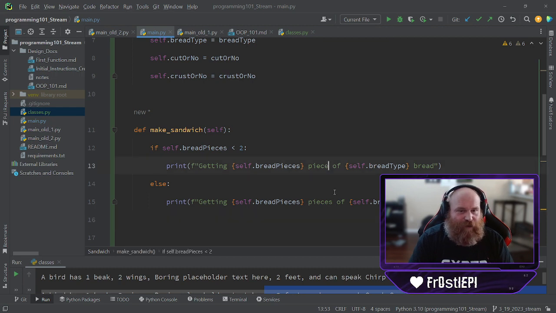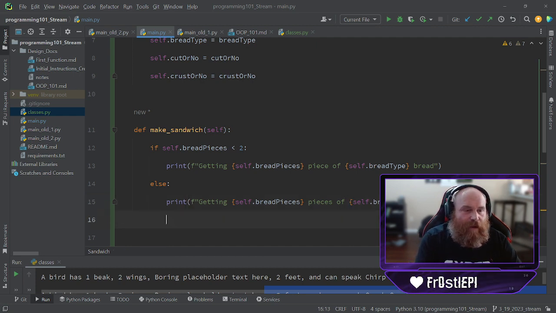So we're handling our first possible error. Next, we are going to print